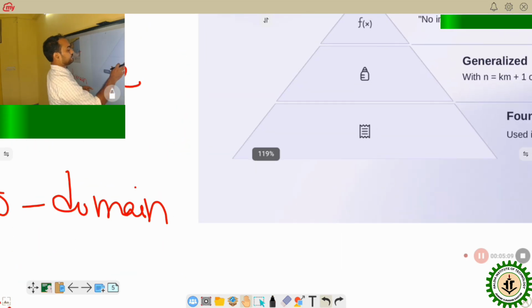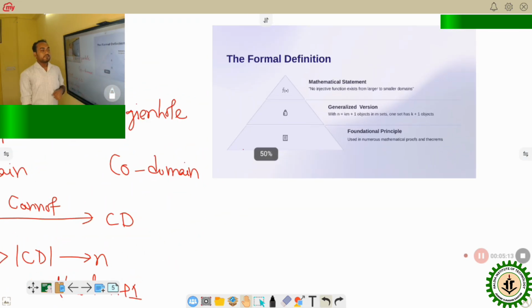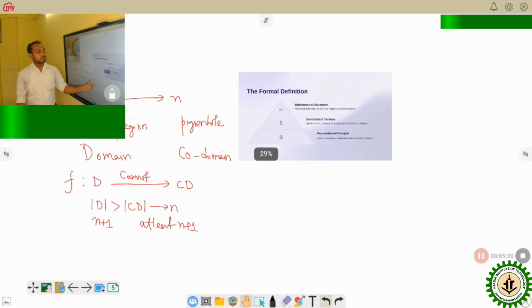Similarly, if we redefine the pigeonhole principle to an extended version, that is known as the generalized version. The generalized version says that if the number of objects or the number of pigeons is kn plus 1, and then one of the sets